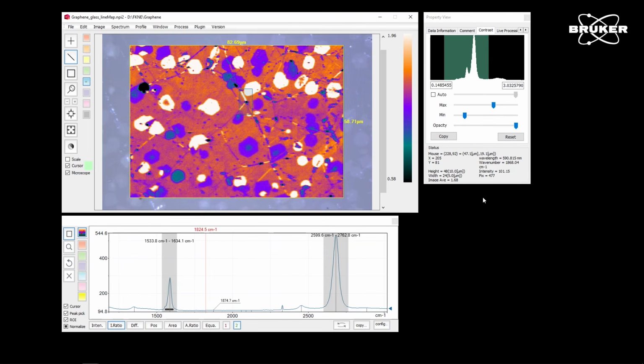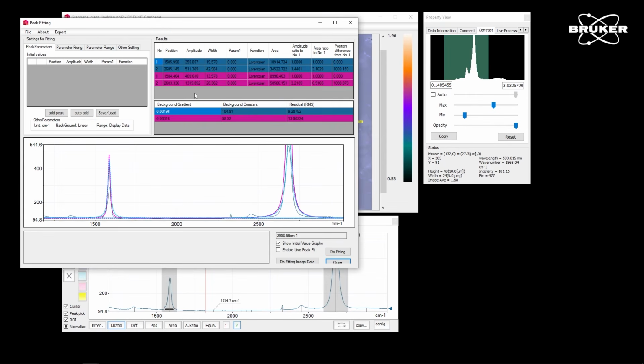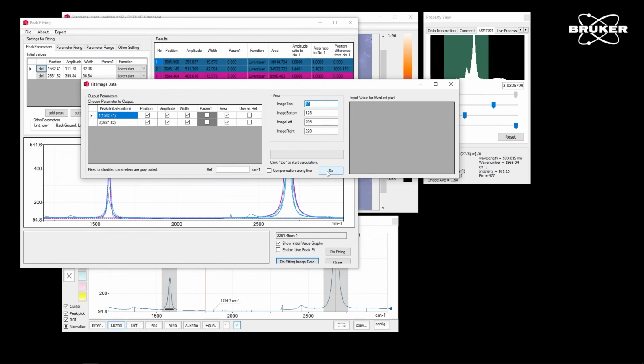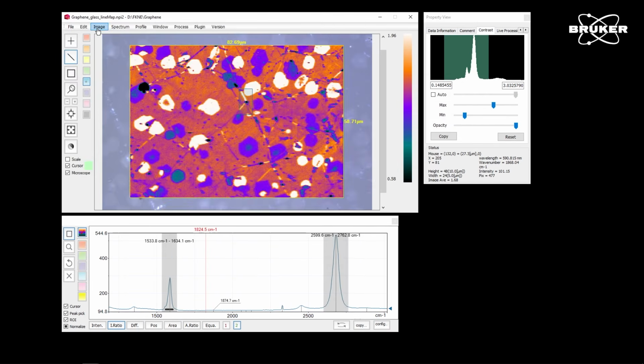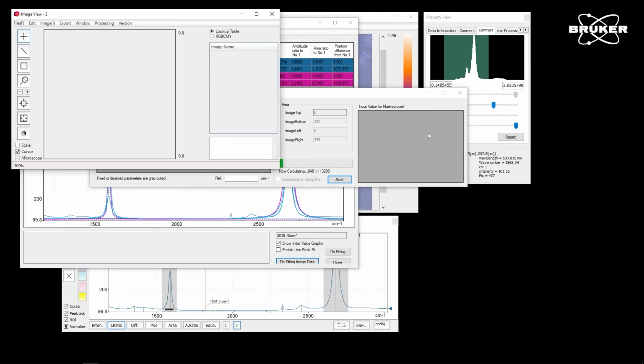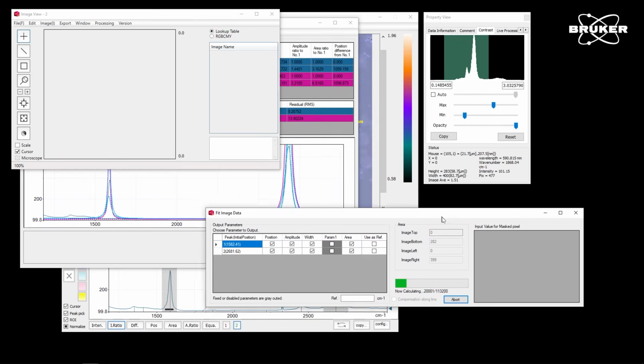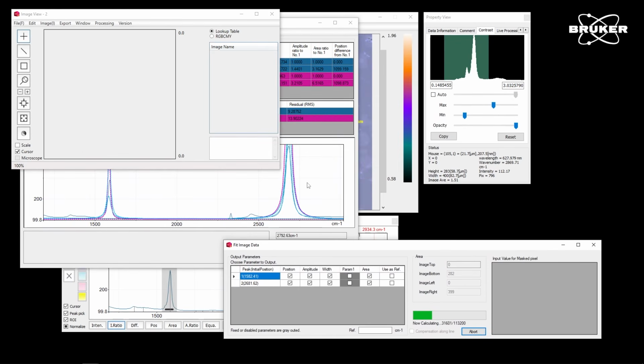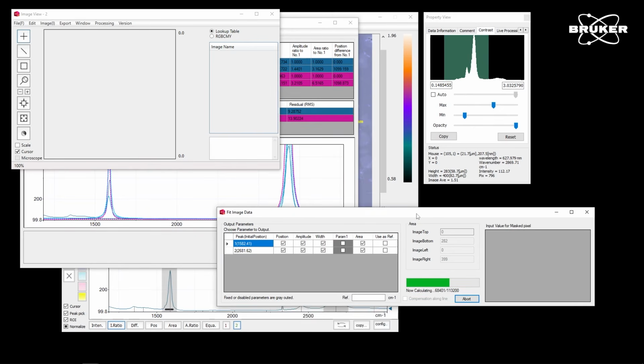For a more precise determination of these ratios, we can also quickly perform a peak fitting where we can auto add two peaks, the G and the 2D. And if we fit our imaging data, so let's select all of the image, we can get the values of the amplitude, the width, and the position with higher precision by the fits that we performed.